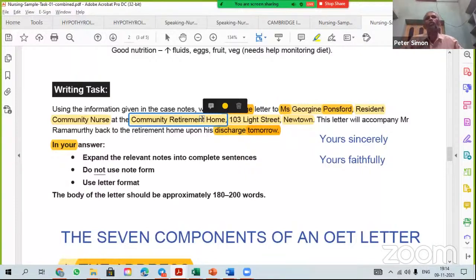So he is going back to his residence, the community retirement home in Newtown, 103 Light Street, and the person who was taking care of him is going to take care of him now also. That means the past history, she already knows. So don't tell everything. So how do you identify the